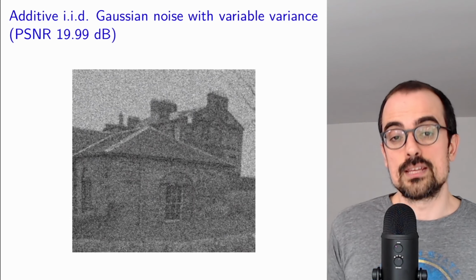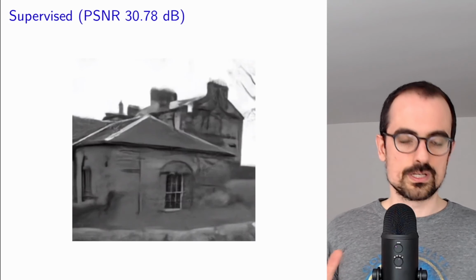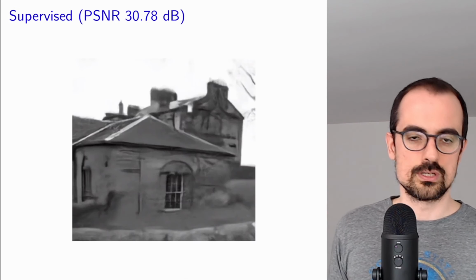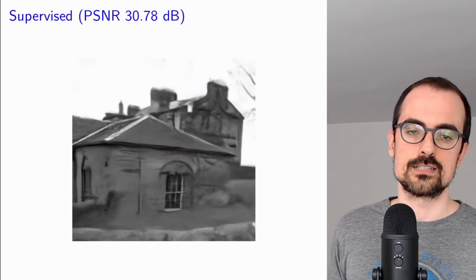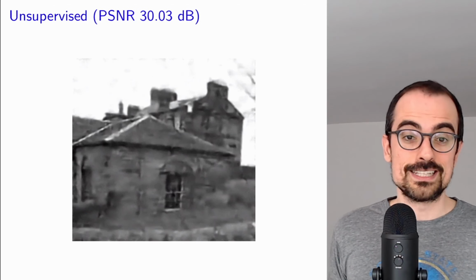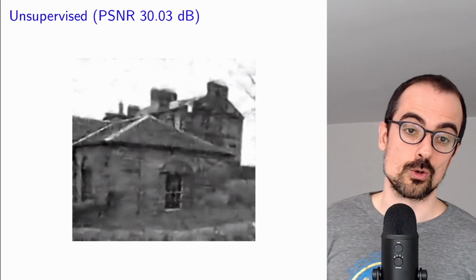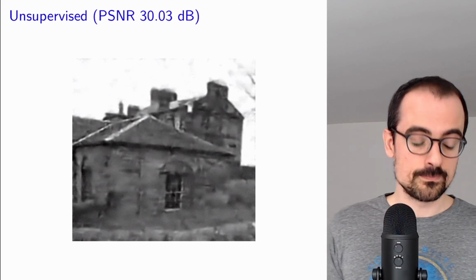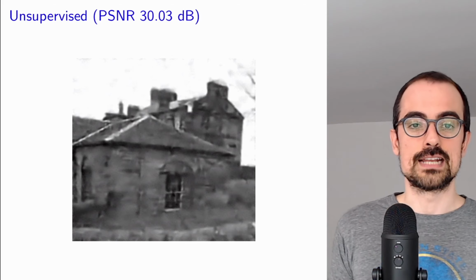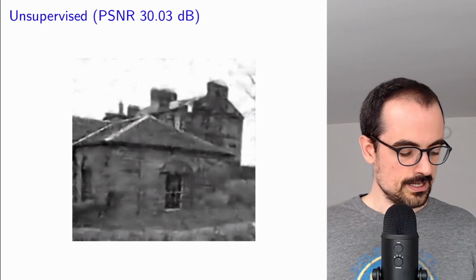Let's see what happens for natural images. This is a synthetic dataset where we have added the noise ourselves. What we observe is the supervised denoiser does amazing. Again, it had access to clean and noisy pairs during training, but the unsupervised denoising actually does almost equally well, only having access to noisy pairs. It does slightly worse, and I'm going to explain now why this is not a surprise,